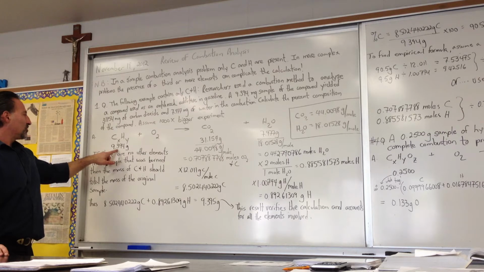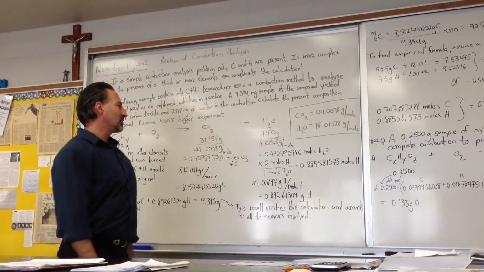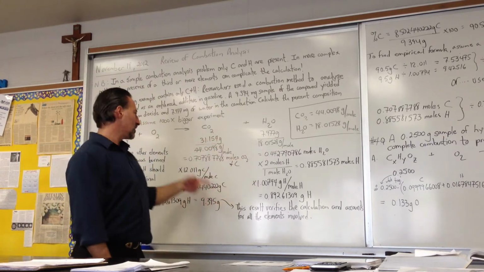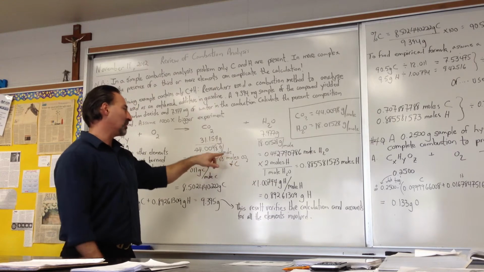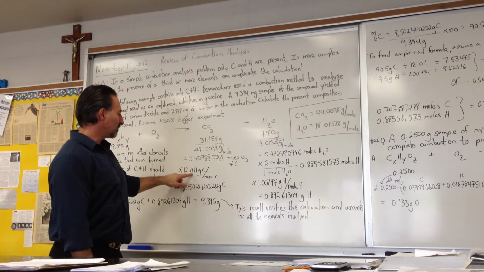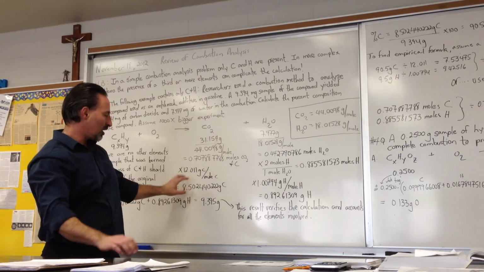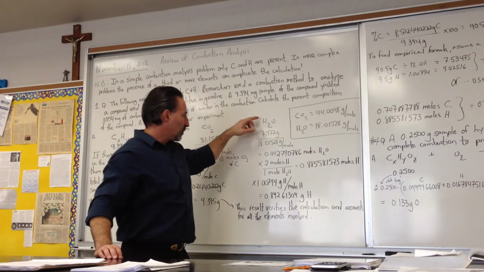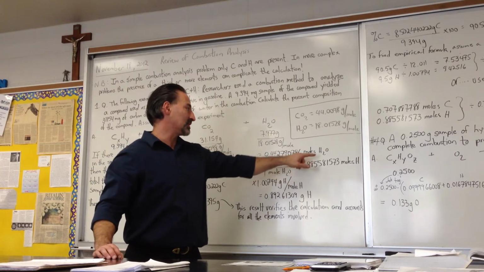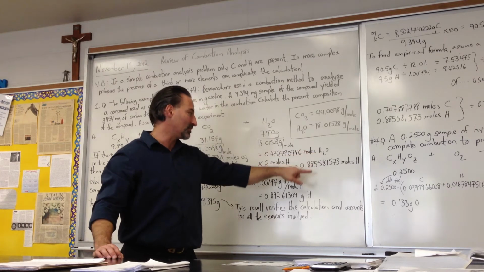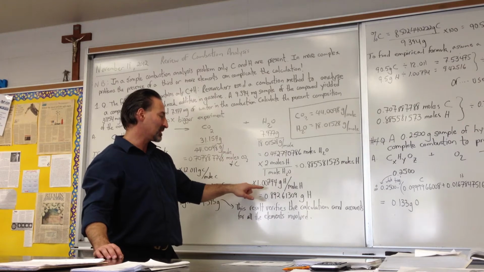So you had 9.394 grams of the sample, and it produced 31 grams of carbon dioxide and 7.9 grams of water. We divide by the molar mass of each. We get the moles of carbon dioxide and carbon, because for every 1 mole of carbon dioxide, there's 1 mole of carbon. We multiply by the molar mass of carbon to give 8.5 grams of carbon present in the original molecule. With water, we have that many moles of water. We multiply by 2 to find the moles of hydrogen, because every mole of water contains 2 moles of hydrogen. And then we reconvert back to the grams of hydrogen by multiplying by the molar mass of hydrogen